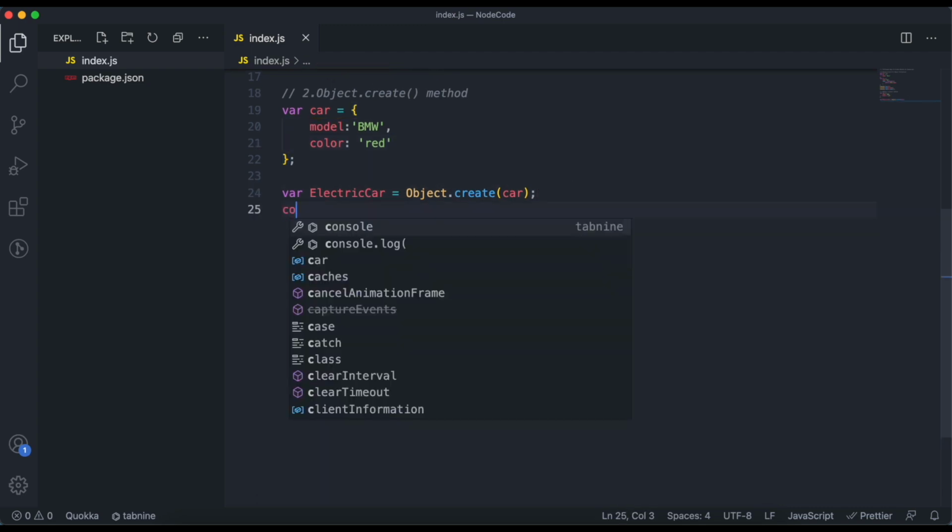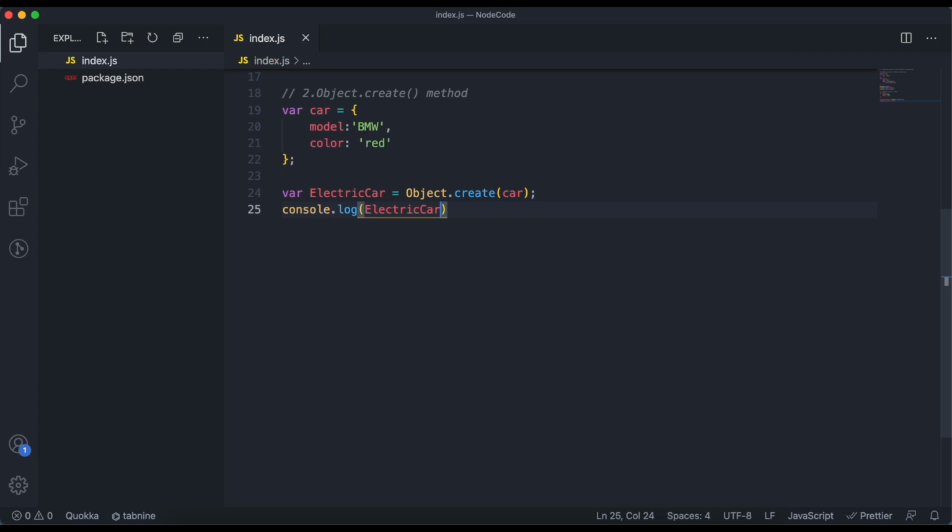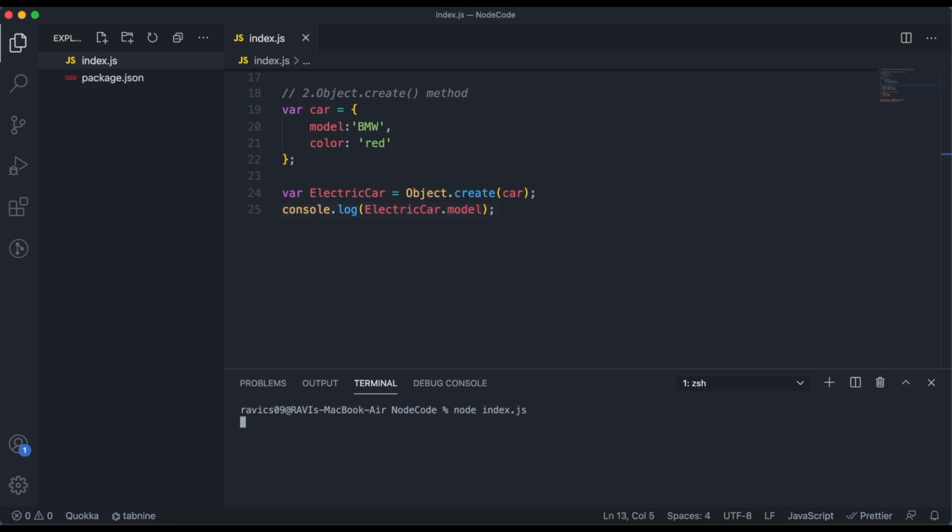Now if we try to print electricCar.model, you will see the value of this electric car model will be BMW, because we have passed the car as a prototype while creating this electric car object.